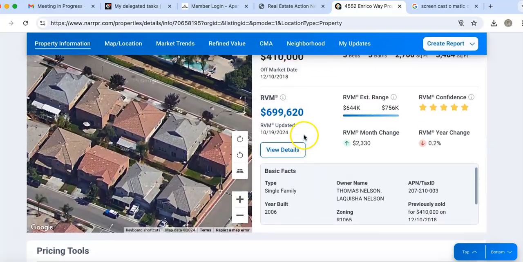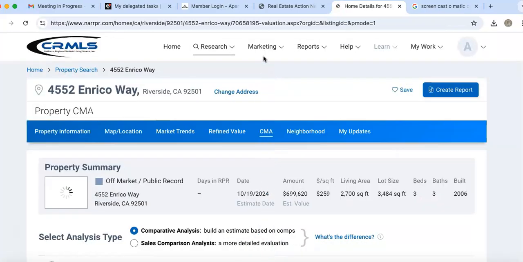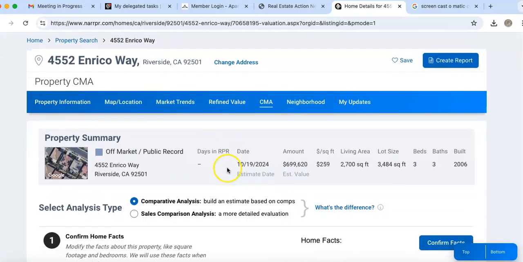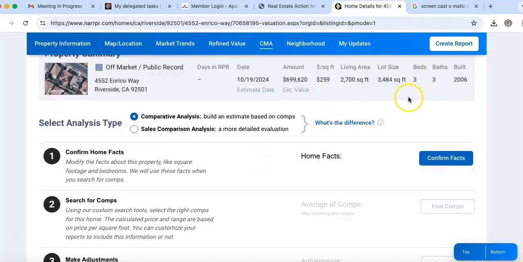So in order to do that, we go to CMA, and there's a summary of the property. First thing we want to do is just confirm the facts. In almost all cases, you'll find that whatever's on public record up here is what's actually going on with the house. However, if there has been changes, if we knew that the square footage might be different, if we know that